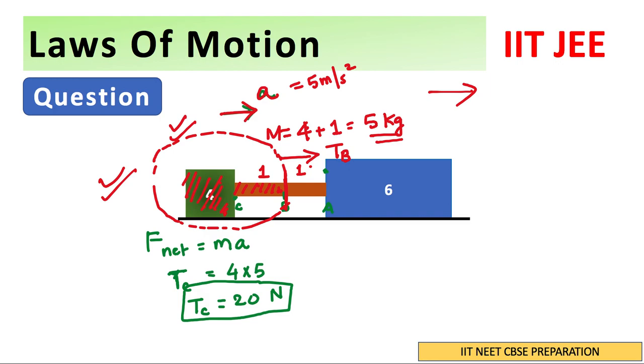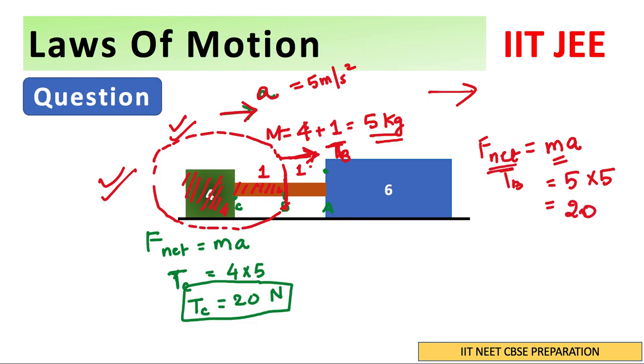So now, can I write F net is equal to the same equation? Nothing new. F net is mass into acceleration, and here the mass of our new system is 5 kg. So 5 into acceleration. Acceleration we already know is 5, and F net in this case is going to be TB, this one, right? So TB is going to be our force. So TB becomes 5 into 5, which is 25 newtons.